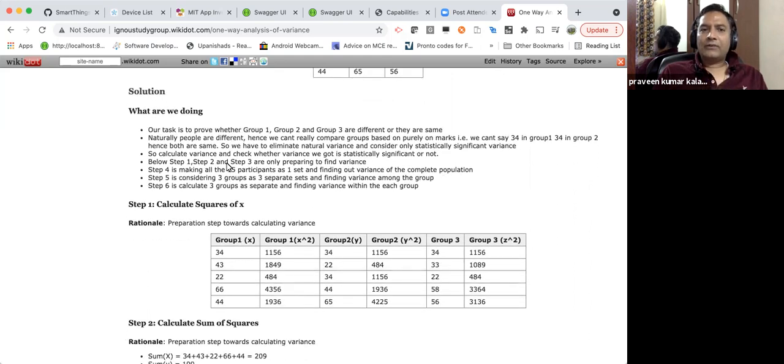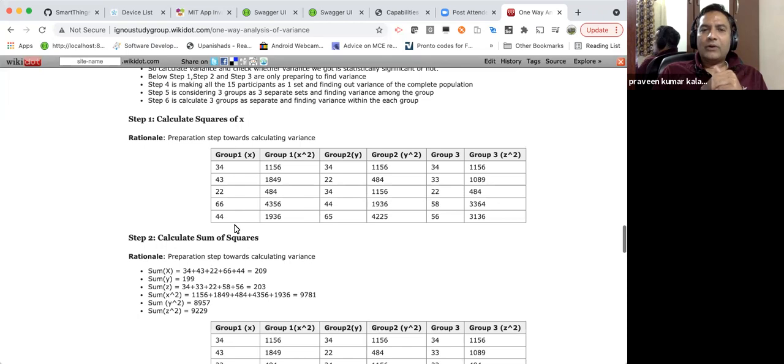So these are the steps. I have these groups. I'm not too sure how many of you remember how exactly variance can be calculated. There are various ways. If it is point to point, you take the point, subtract the mean, square the difference, and divide by n minus 1 if n is less than 30, or by n if it is more than 30. That is the standard way of calculating the variance.